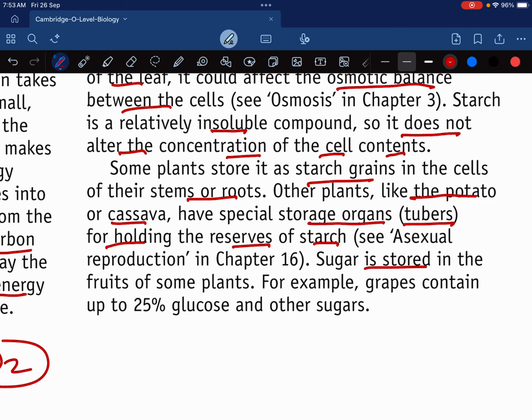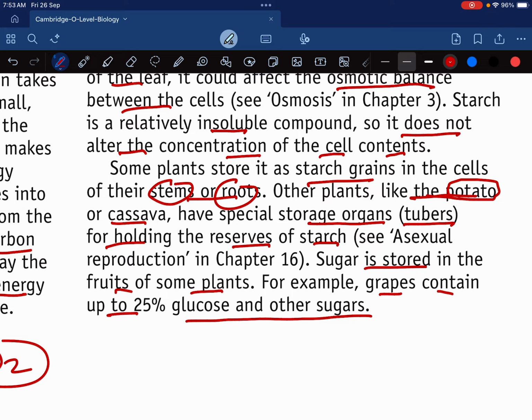Sugar is stored in the fruits for some plants. For example, grapes contain up to 25% of glucose and other sugar. तो ये जो ग्लूकोज है ना, ये अलग अलग वेज में स्टोर होता है. कुछ वे में स्टार्च स्टोर होता है जहाँ स्टेम्स में स्टोर हो जाता है, रूट्स में स्टोर हो जाता है. अदर प्लांट्स जैसे पोटैटो होते हैं, पोटैटो तो रूट्स में होता है ना, रूट्स से आप निकालते हो पोटैटो को,